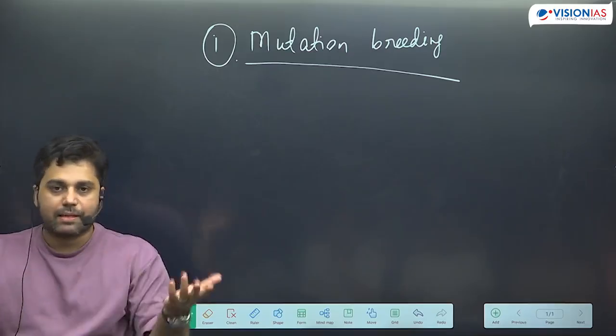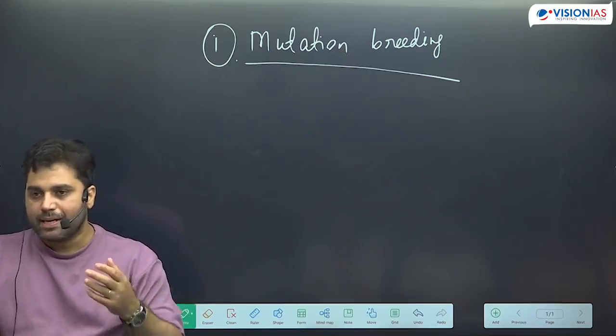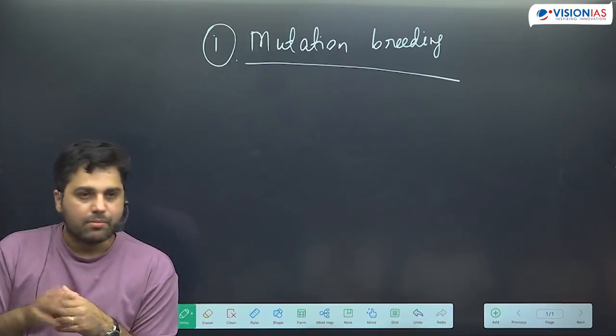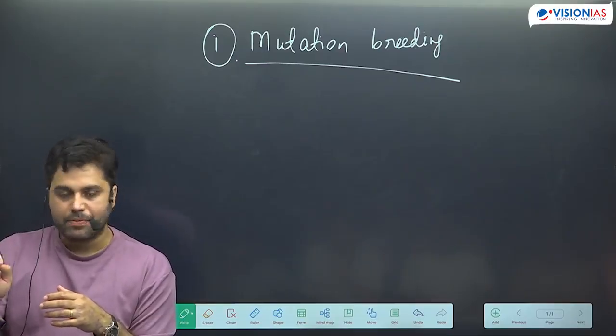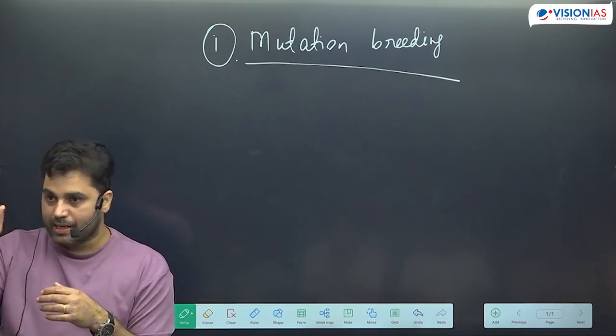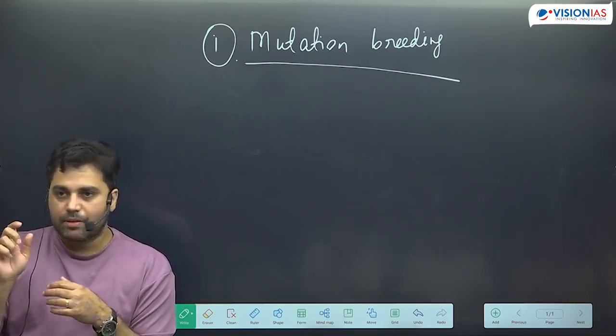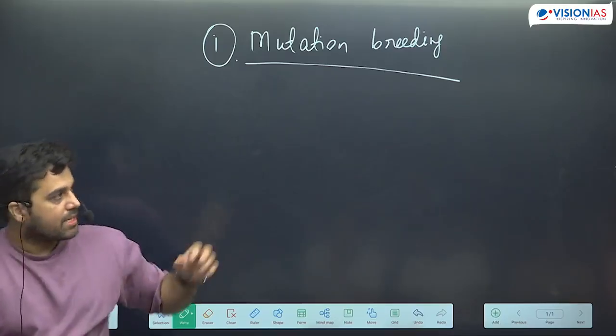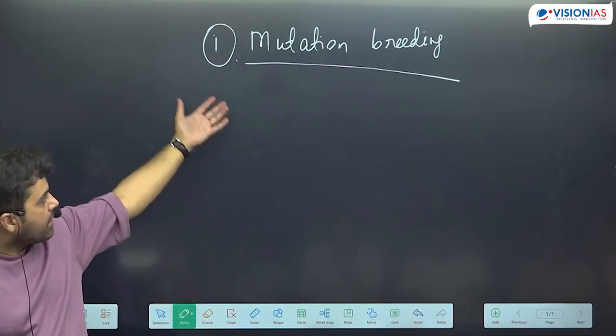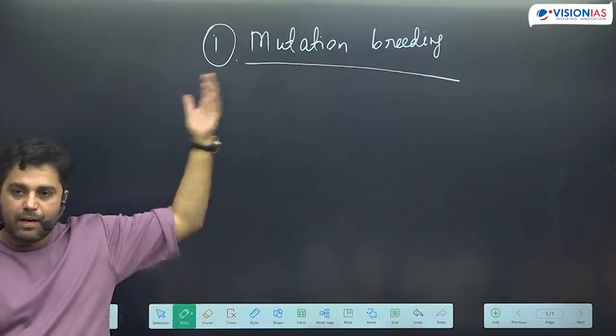Gamma radiation ऐसे available नहीं है. उसका जो source है, it is some radioisotope. The most famous radioisotope which we use in lab condition is called cobalt-60. So cobalt-60, cobalt का जो एक isotope है, 60, that is one of the best sources of gamma radiation which is available to us. So mutation breeding using nuclear technology includes, आप लिख सकते हो,